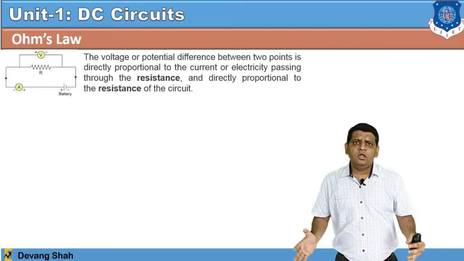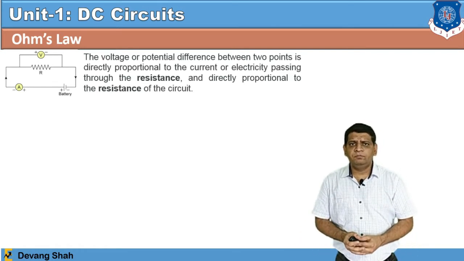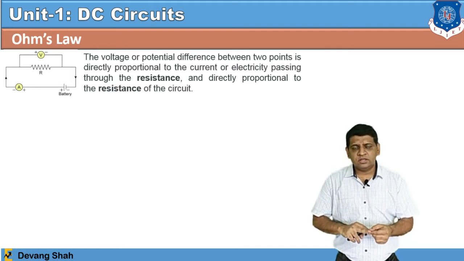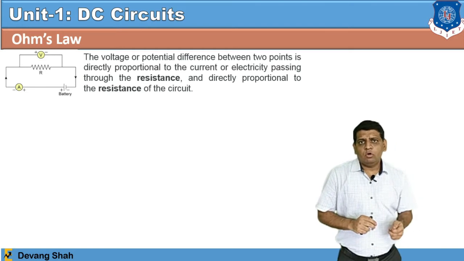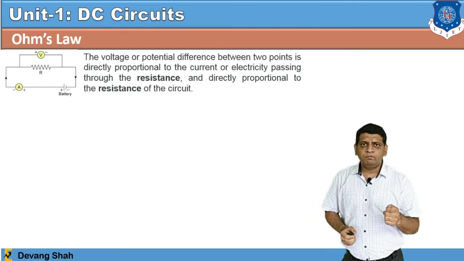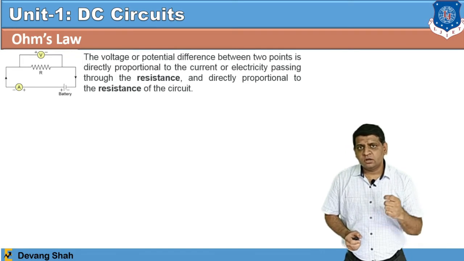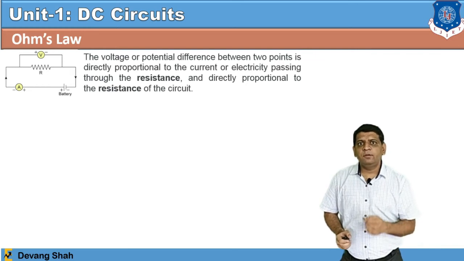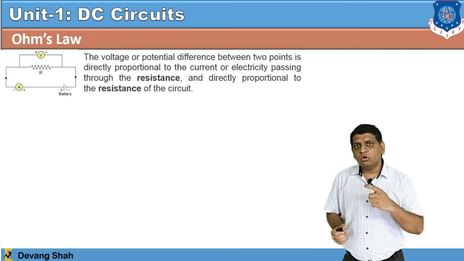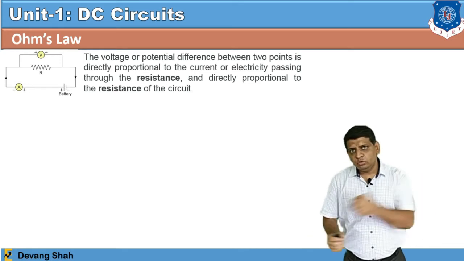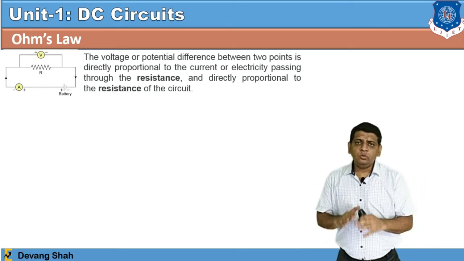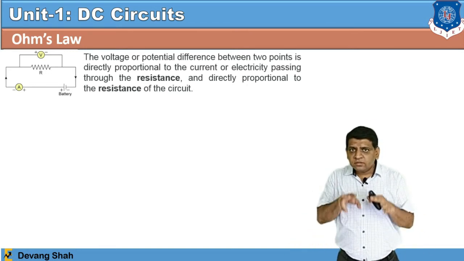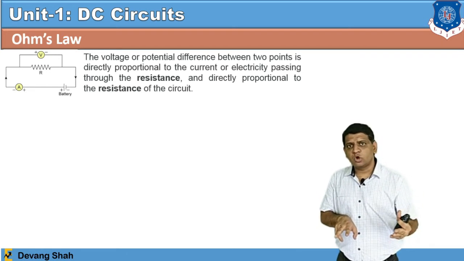Now, this is the fundamental law where there are three important parameters: voltage, resistance or resistor, and current. Always remember this terminology: voltage is a force, current is always in motion, and resistance always creates interference in the path. So ultimately resistance is a path, current is always in motion, and voltage gives you the force. Once you compare two of these parameters, the third parameter you have to take as a constant.